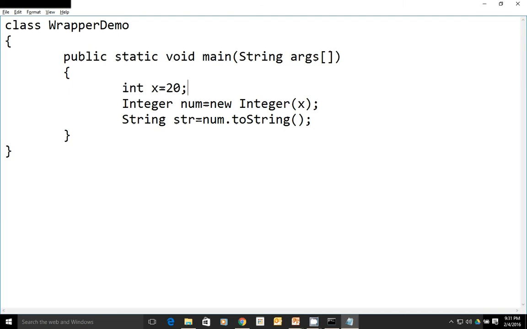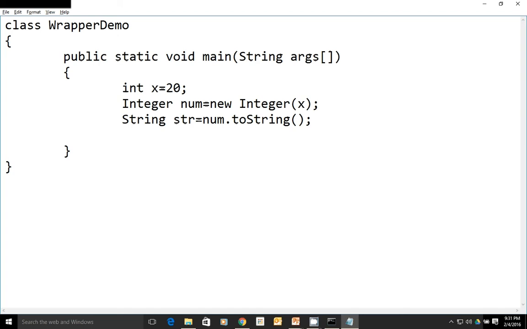So here x is a primitive data type whose value is 20, num is an object which stores 20 as an integer, and str is a string which stores 20, but 20 here is a string. Like this we can convert an integer primitive type into an integer object, and of course that integer object you can convert into a string object.